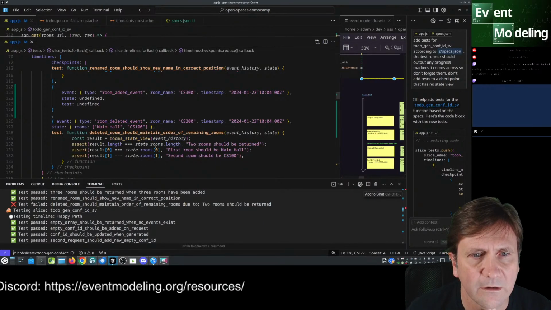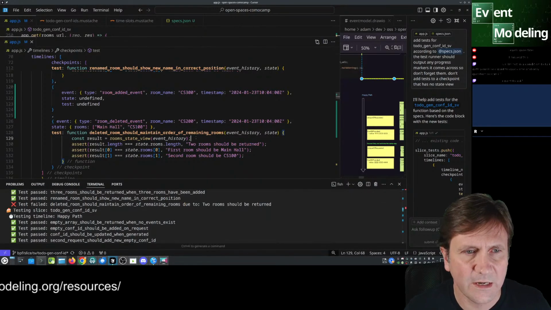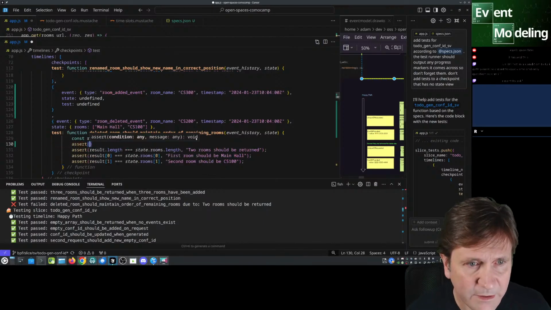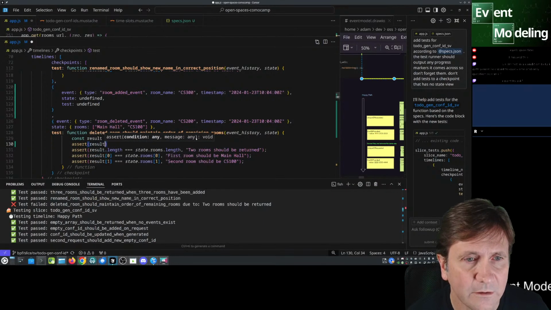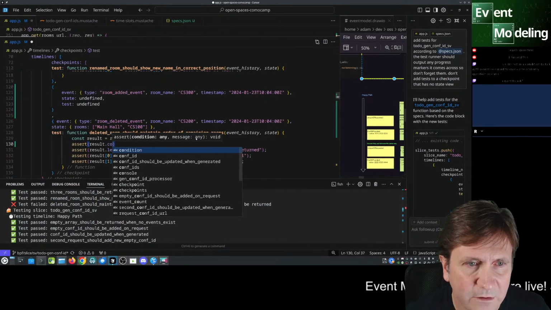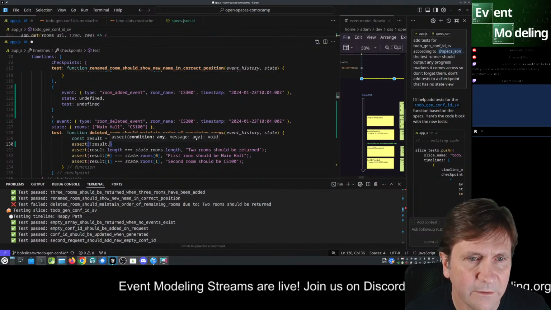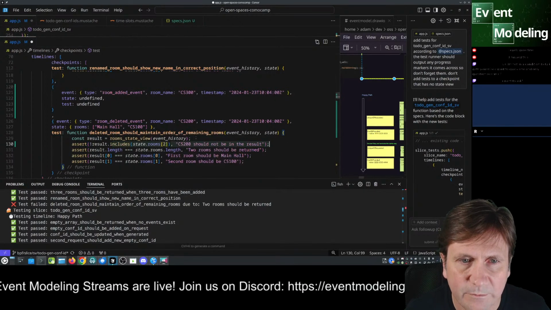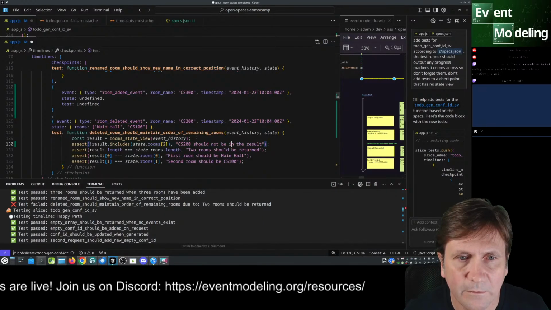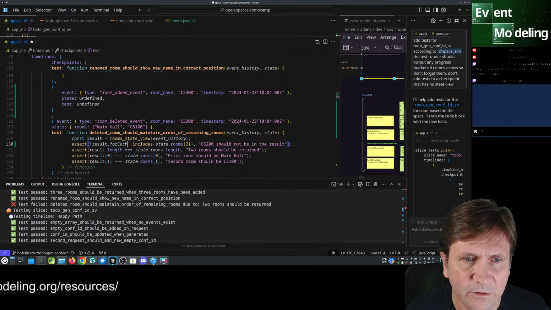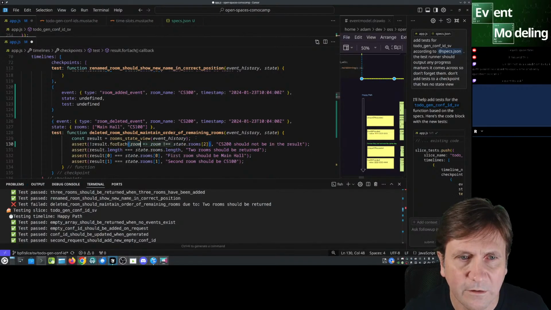So I think we can say assert in space we want result that doesn't include state room. Dot for each. That's not correct.